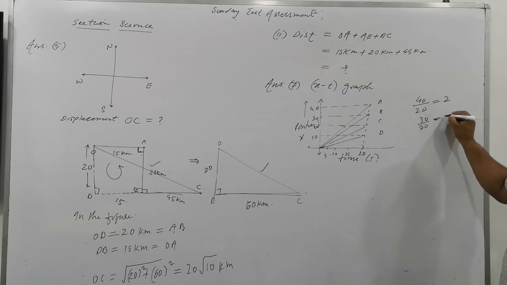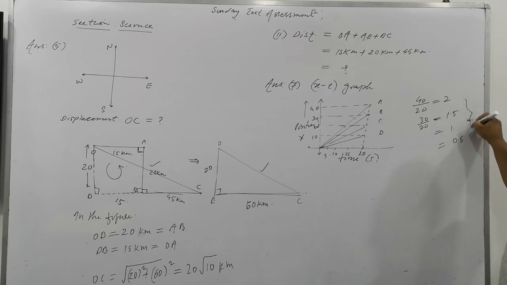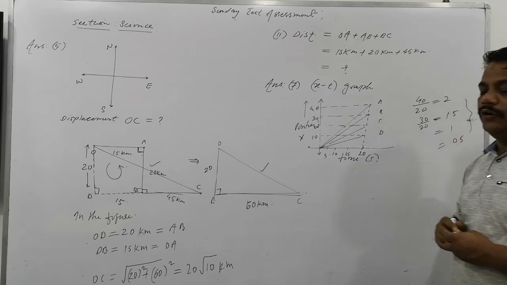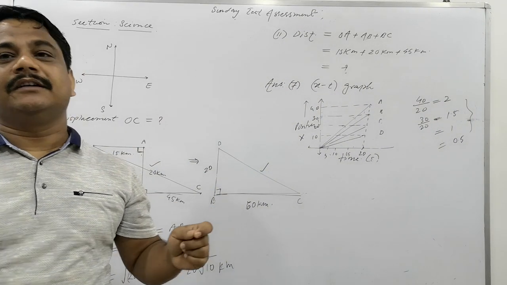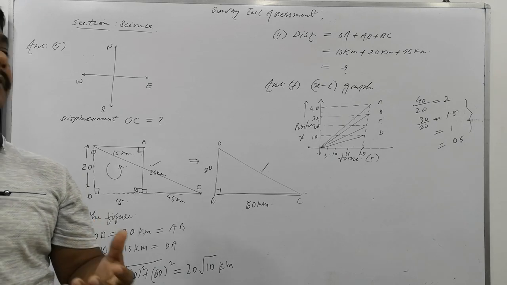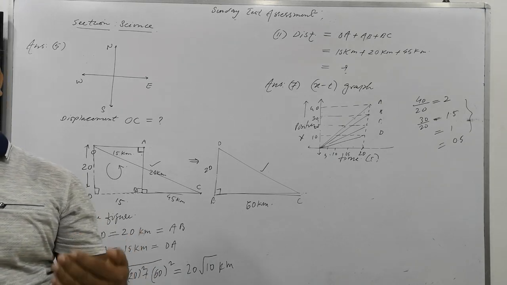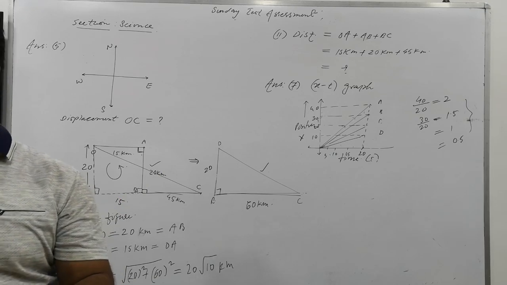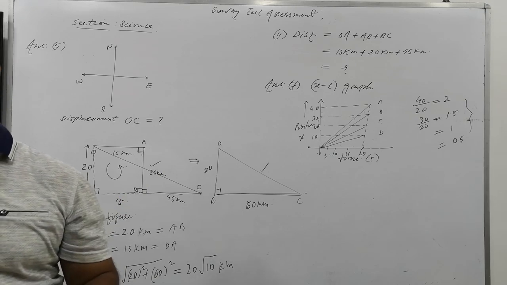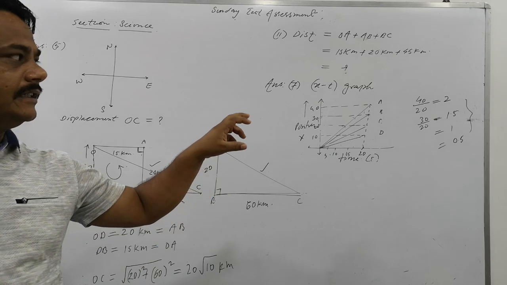30 by 20, it means what can we say here? 1.5, and this is 1, and this is what here next? 0.5. Tell me this: it shows who is traveling how fast. This is the representation of that. How fast an object travels is measured in terms of speed, or it is called the velocity.